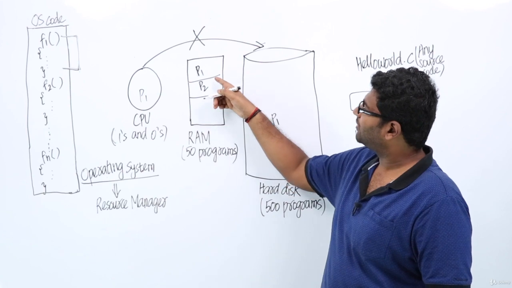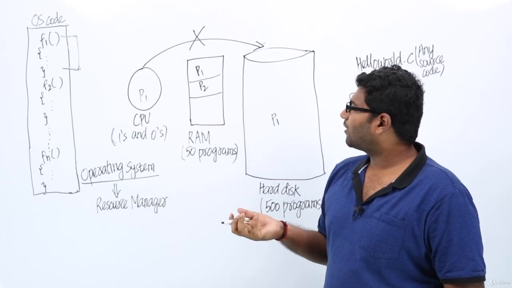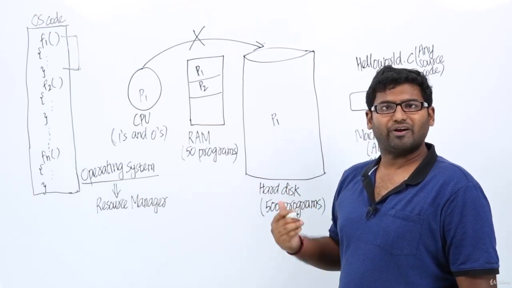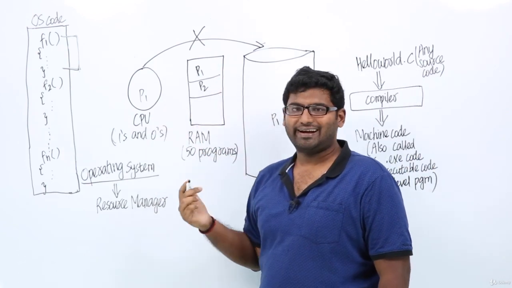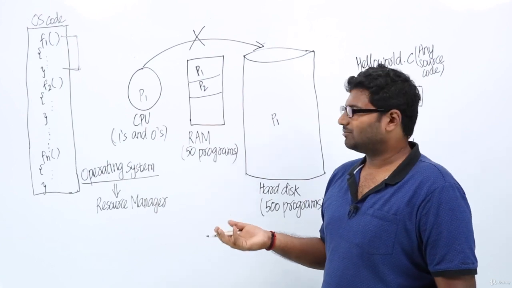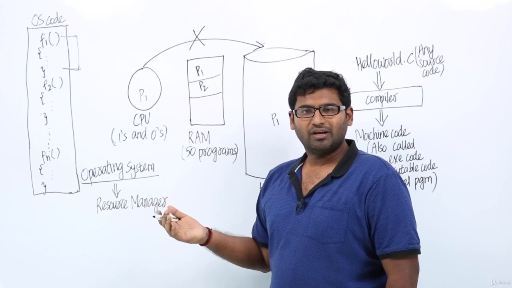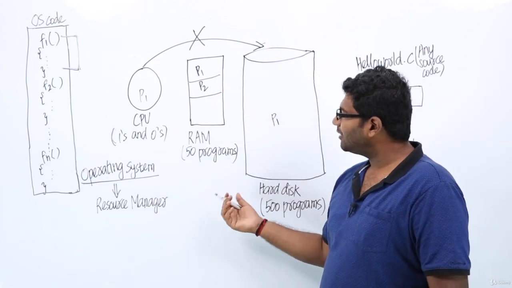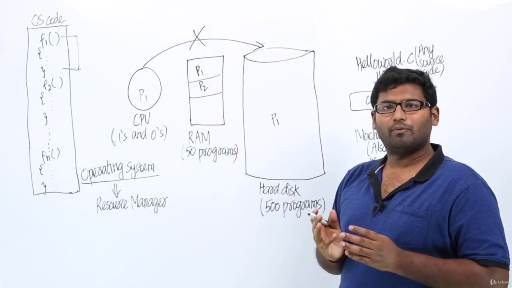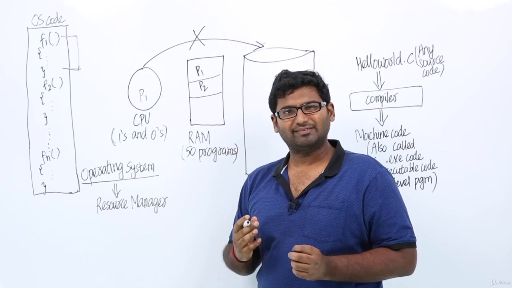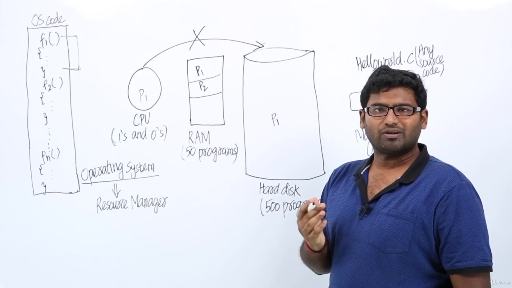Now let us assume that both these programs want the CPU, which means both these programs are ready to be picked by the CPU for execution, right? Now among these two programs, which program should the CPU select next? Again there is a confusion here. Here the resource is nothing but the CPU, and more than one process is competing to access that resource. See, program and process both mean one and the same. There's a minor difference, which we will see a bit later. As of now, think that program and process are the same.